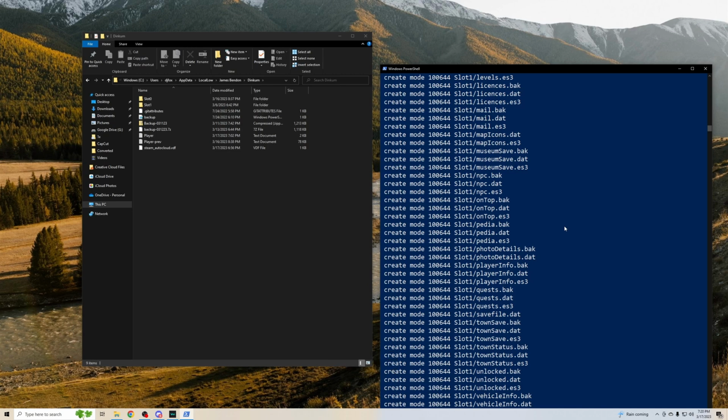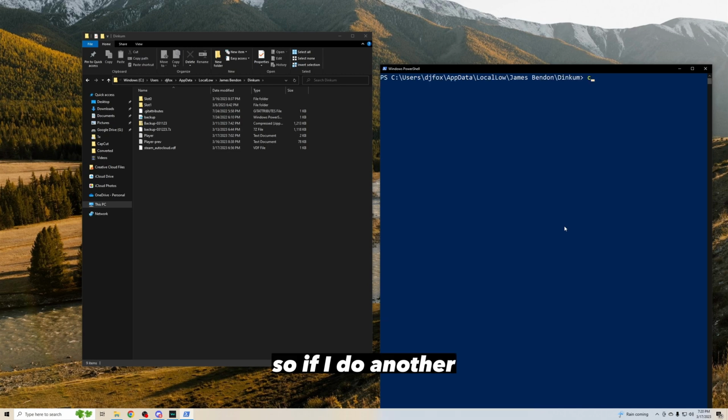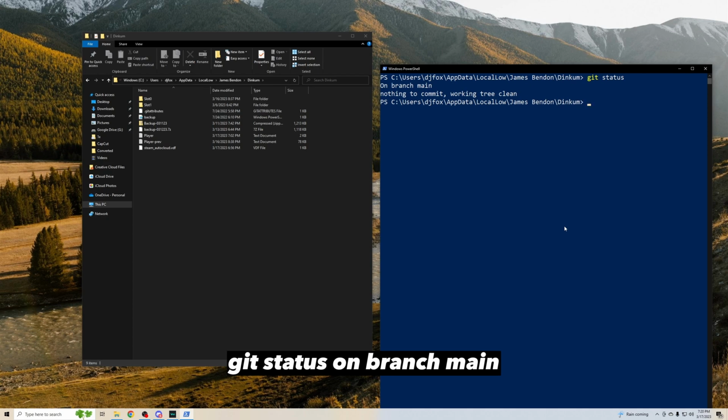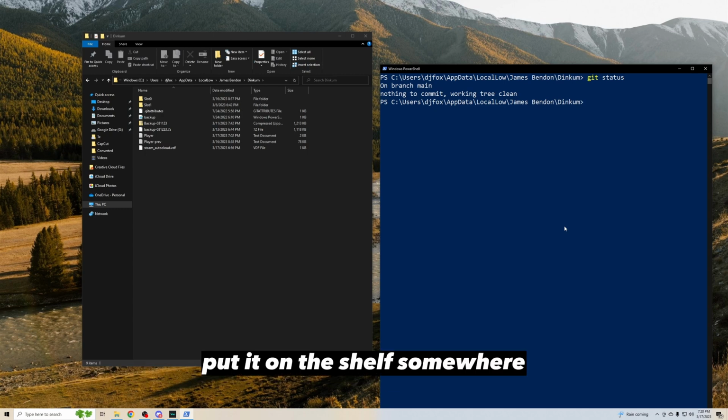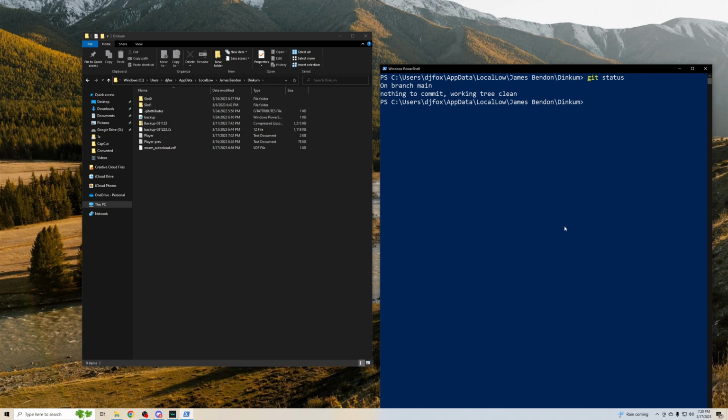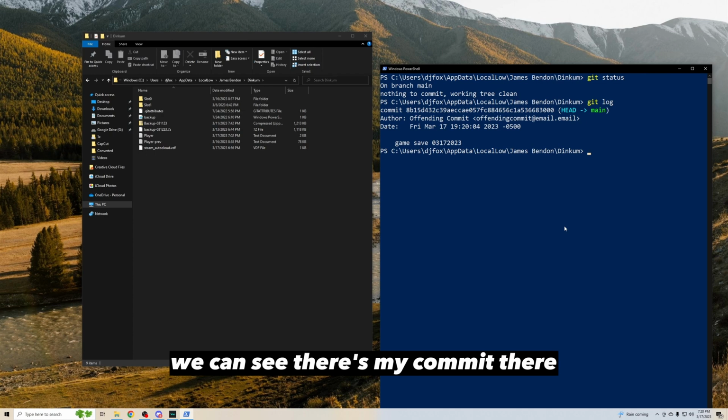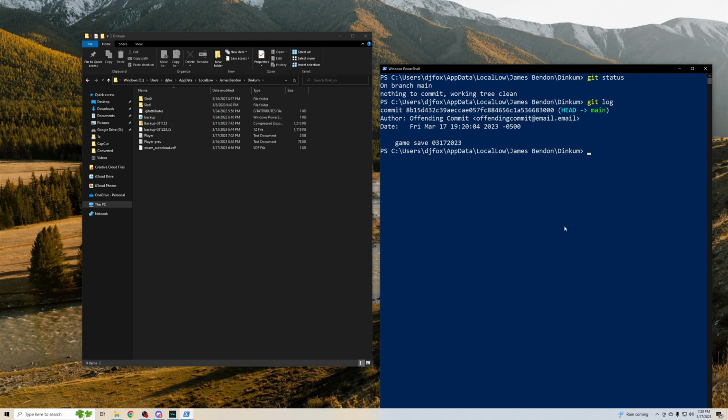Bingo. So if I do another git status, on branch main, nothing to commit, working tree clean, that means we've sealed the box, and metaphorically speaking, we've taken the box, moved it off of our desk, and put it on the shelf somewhere. So our desk is clean at this point. We can also see git log. We can see there's my commit there. Game save